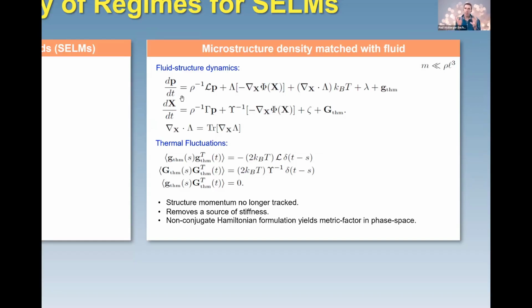I don't have time to go into a lot of the details, but what's really going on here is we're using a non-standard formulation of mechanics. And so the typical theorems that would tell you about the phase space and having phase space incompressibility don't hold, because our degrees of freedom and our momentum degrees of freedom are no longer constant in the usual Hamiltonian sense. So you have to have this metric factor in some sense on the phase space.